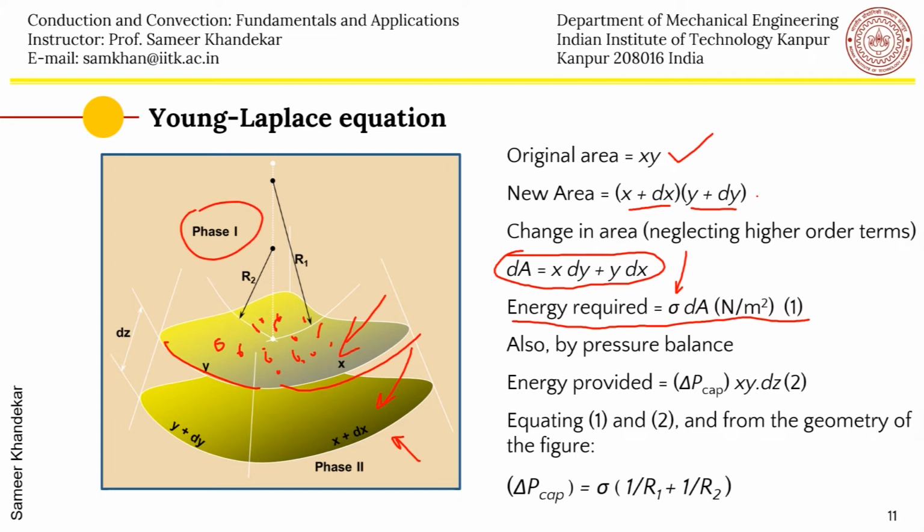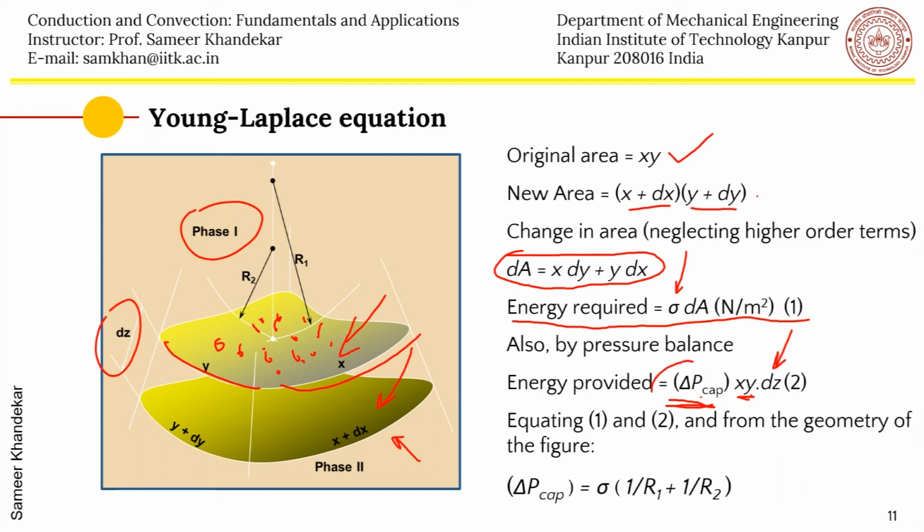So that is, pressure into area is the force. The force has moved through a distance dz, so that is F times dz. Force moved through a distance, a dot product, gives you the work done. Now this work which is done on the interface, if you do it reversibly, gets stored in the interface as surface energy. So if you equate these two, you will get the